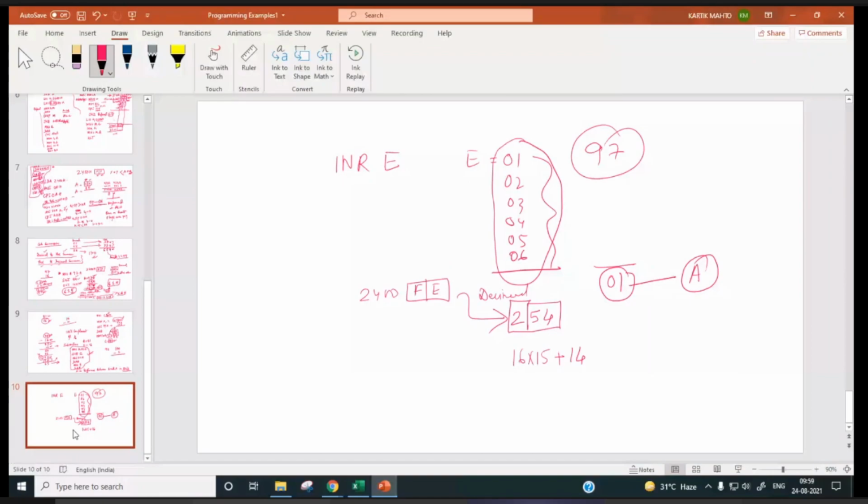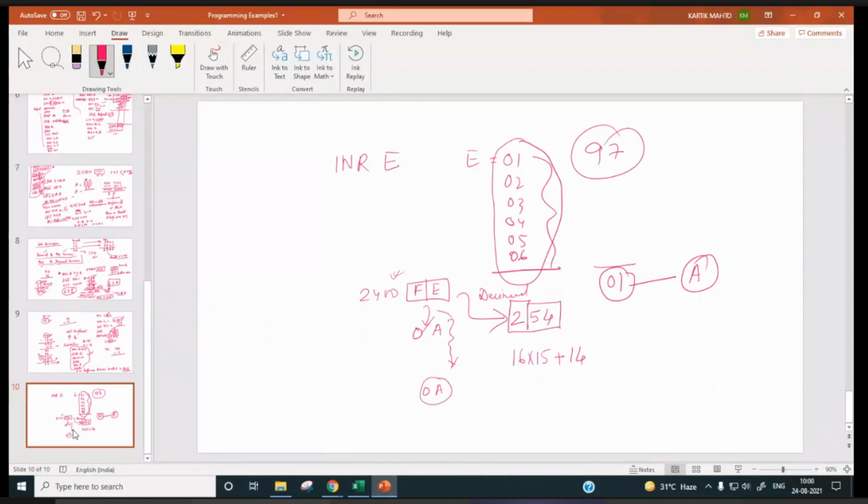So how to convert this? We have to subtract 0A from here, till this 2400 content becomes less than 0A.